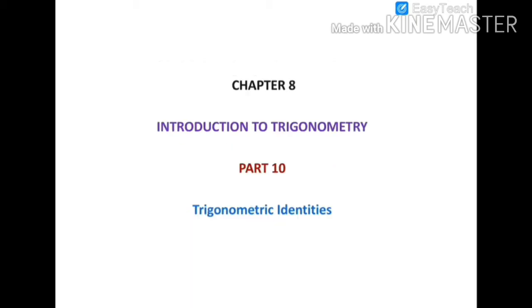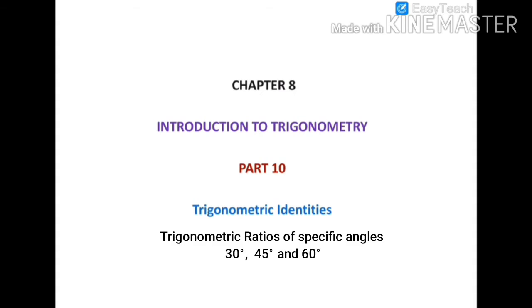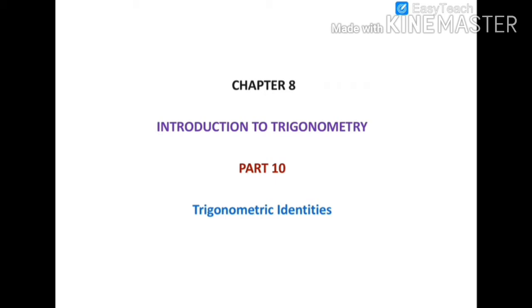We are studying chapter 8, Introduction to Trigonometry. So far, we have covered two sections of this chapter. In the first section, we learnt about the basic trigonometric ratios of an acute angle of a right triangle. In the second section, we studied the trigonometric ratios for specific angles, which are 30 degrees, 45 degrees and 60 degrees. The third section of this chapter is deleted as per the revised syllabus from the board.